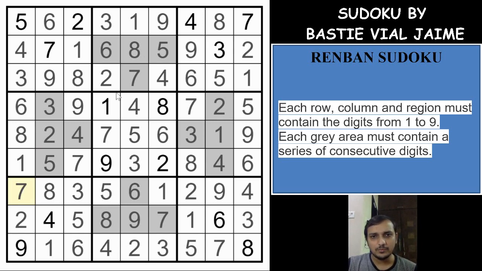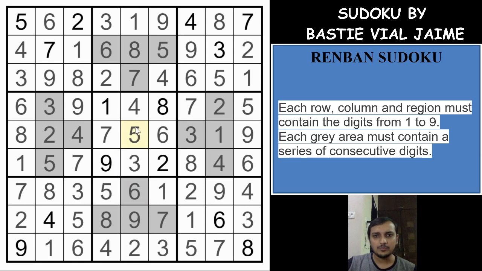The most important breaking was finding out that these 4 cells are interconnected to each other with the middle box, and if you have a 4 here, you will have a 3 here and a 6 and 7, and the other way is either you will have 6 and 7 and 4 and 3 here. So 4 and 3 will see each other, and 6 and 7 will be seeing each other, which gets a 5 here, because this cell is seen by all the 4 digits, 4, 7, 3 and 6, and 1, 9, 2, 8 are eliminated, so this cell will have a 5.